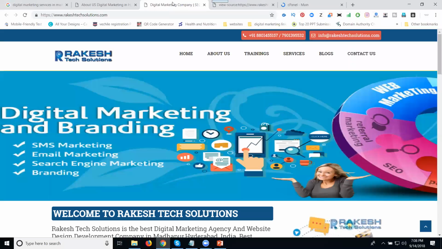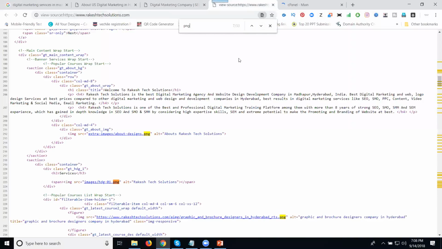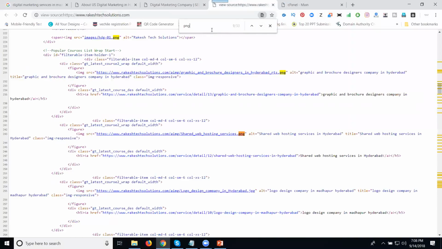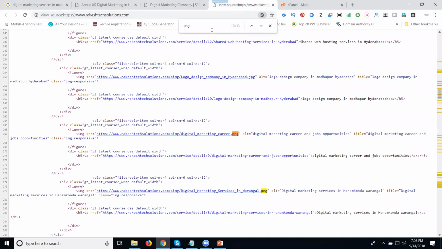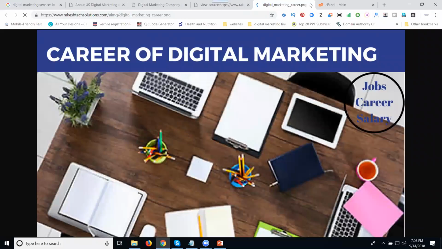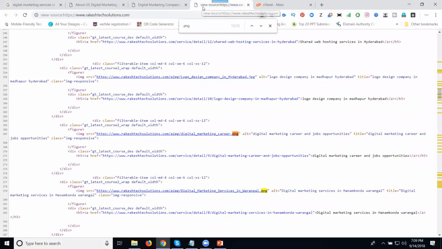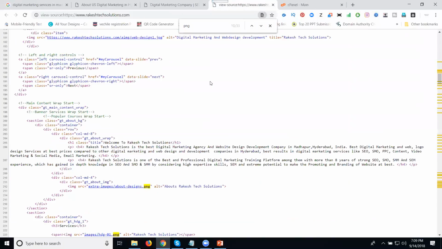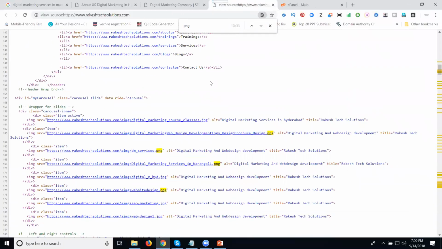Now, first of all, on this side, any image, first go to PNG. See here, there are a number of things. Select this image. First of all, we can change it for our logo.